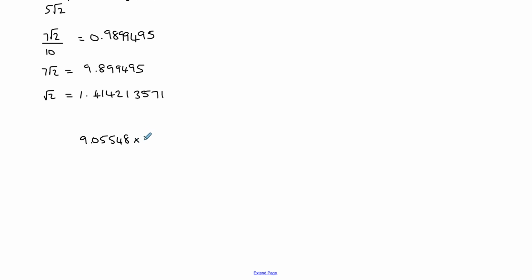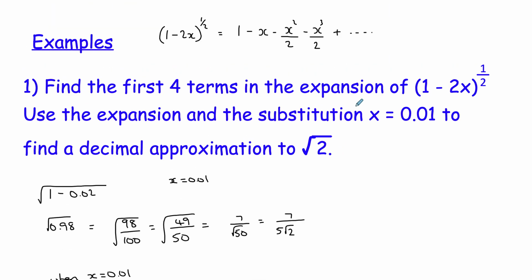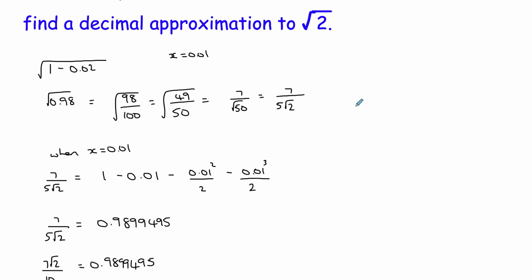So the difference is 9.05548 times 10 to the minus 9. This is going to be a tiny error. Divided by the real number, so divided by root 2, times by 100, is 6.4 times 10 to the minus 7%. So a really, really tiny error. And we only needed 4 terms. So it's a really powerful